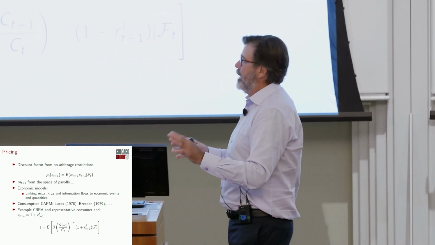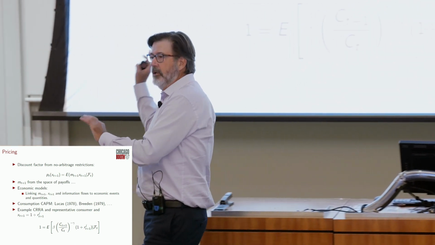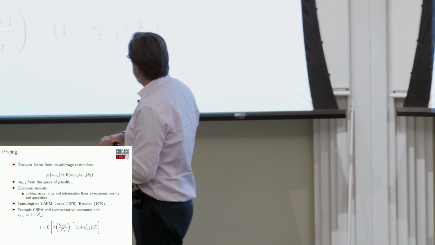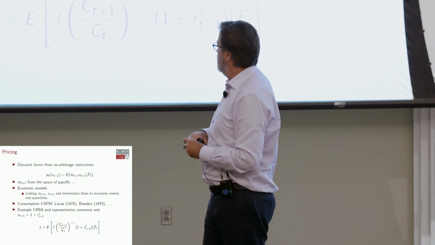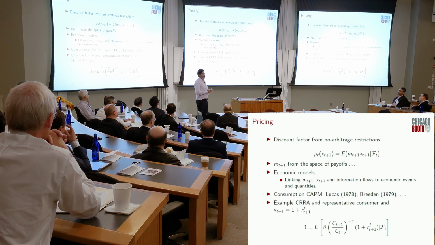Okay, so the classic thing, of course, would be the consumption CAPM, Lucas, Breeden, others. Obviously we talk about it as often attributed to these two authors, but obviously many other contributions elsewhere. So under a simple setting, we have a classic sort of maybe straw man kind of model. We have a CRRA utility function, and it links consumption and two parameters, beta and gamma, to this pricing kernel.